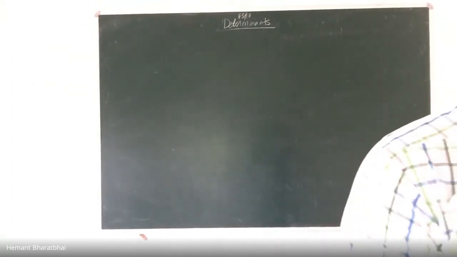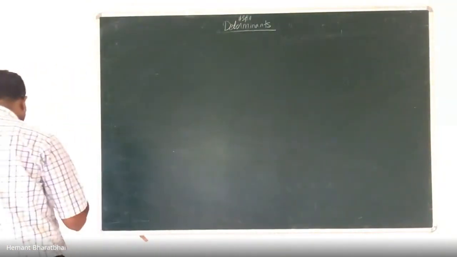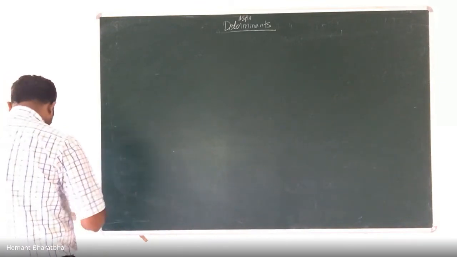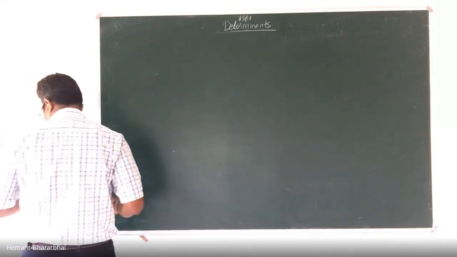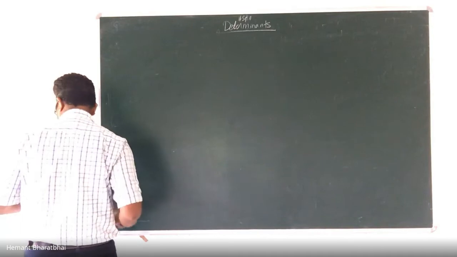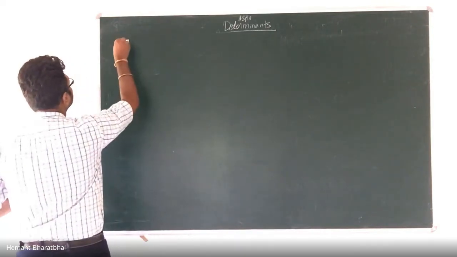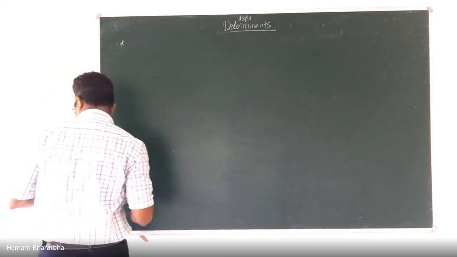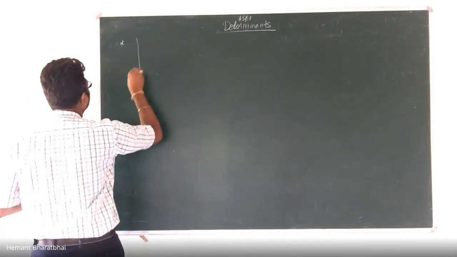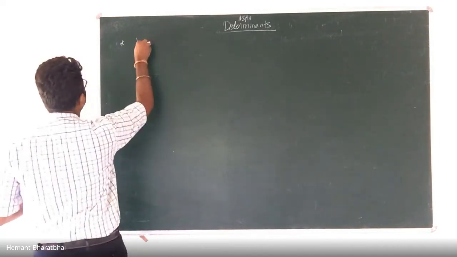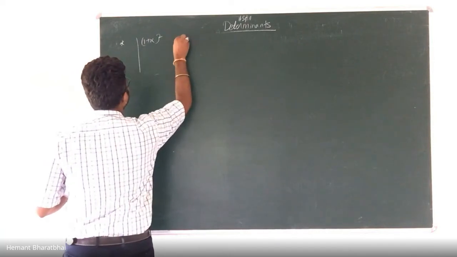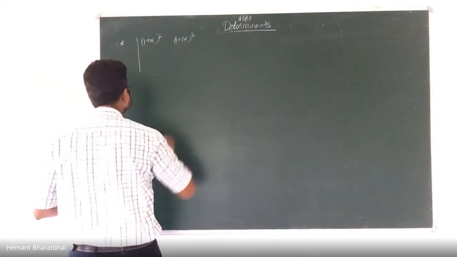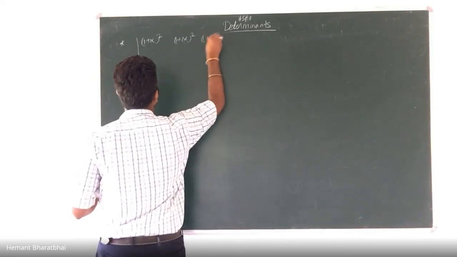Okay, let's see the next numerical. Which of the following values of alpha satisfy the equation? It is asking which of the values of alpha satisfy the equation. The equation is given in determinant form: 1 plus alpha square, 1 plus 2 alpha square, 1 plus 3 alpha square,